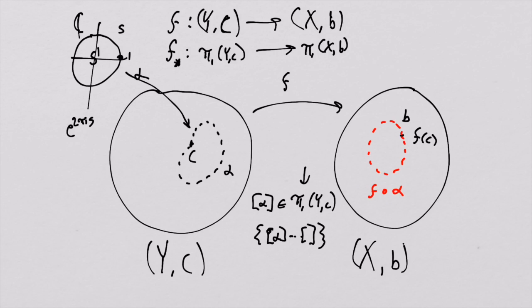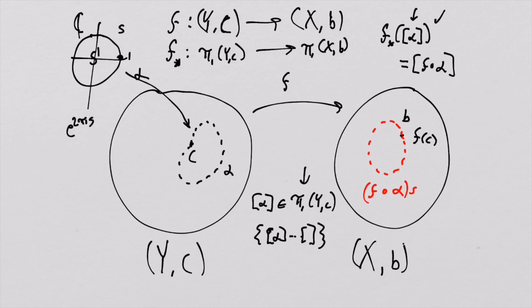So ultimately this thing here is a function of s. It's a curve in this plane, and it'll be a circle. And so the point is that the group element f star of the equivalence class alpha is going to equal the equivalence class of f compose, or f after alpha. So this side is